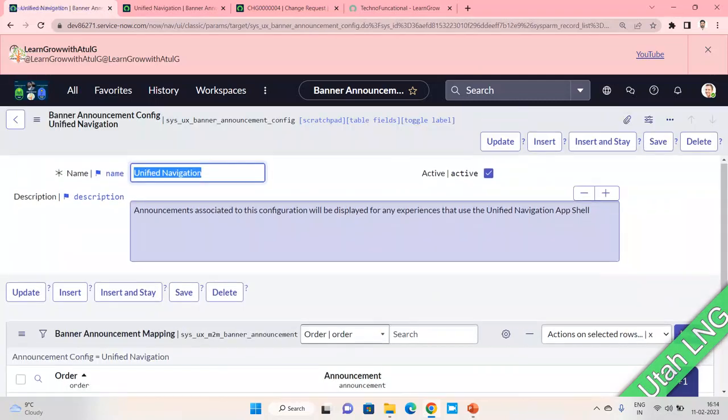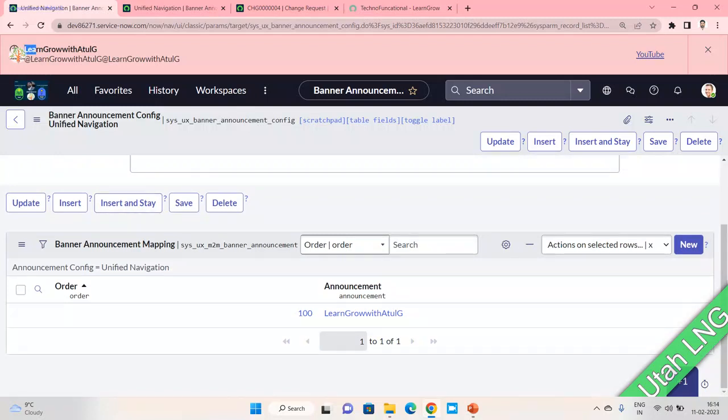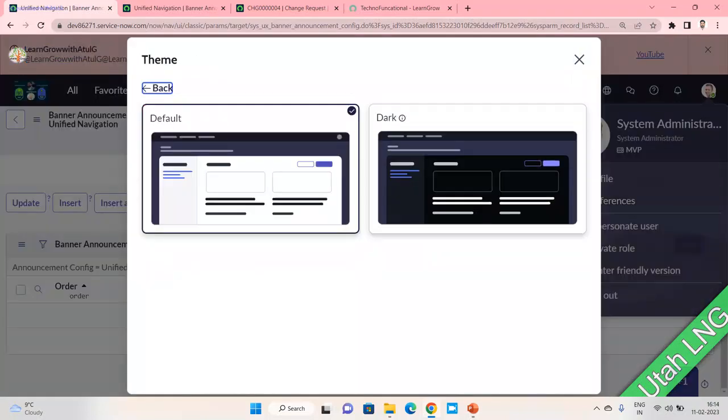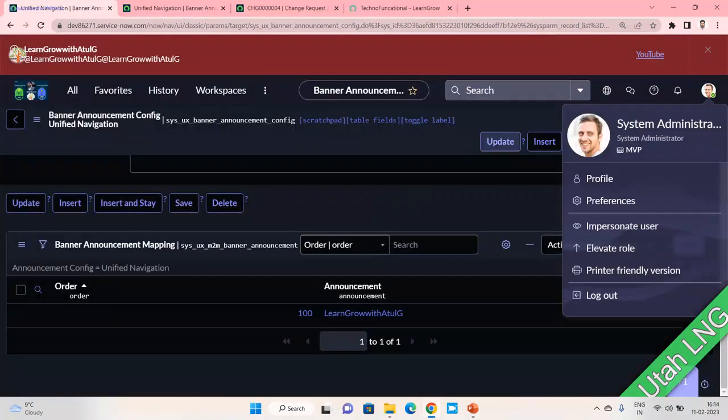I can delete it from here, and now you can see on the top I can see this announcement. Second point is important. As of now, there's no configuration given by ServiceNow to show this particular announcement on specific places or a specific form. Like in the theme, the dark theme is available for some places,